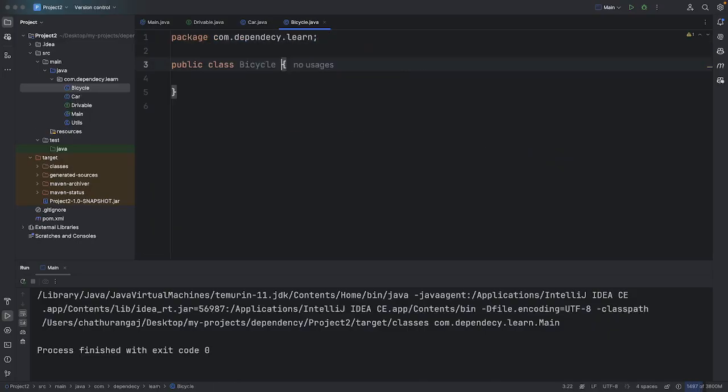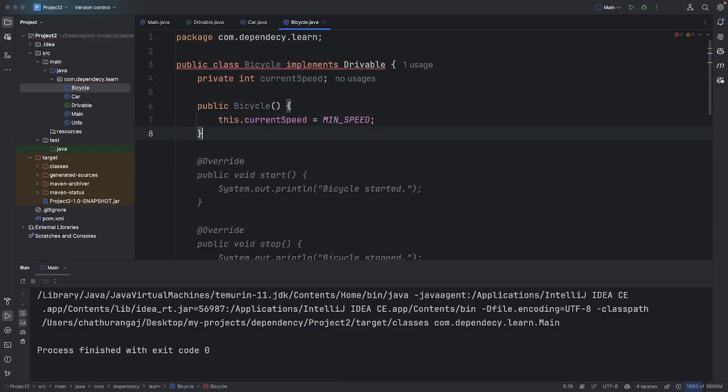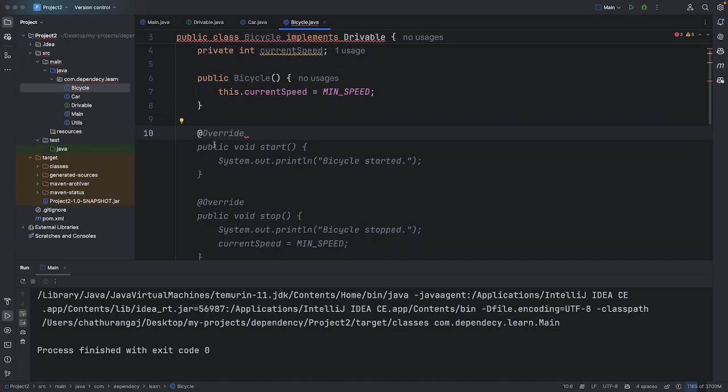In this we are going to implement Drivable in Bicycle as well. As previously, I'm going to add a variable for speed, and there is going to be a constructor, and again we have to implement